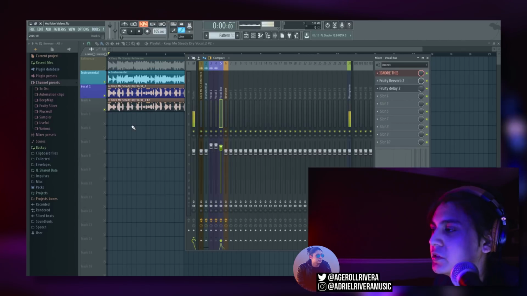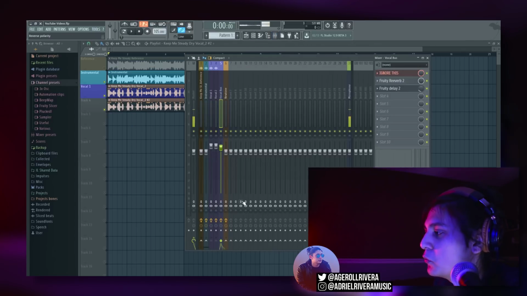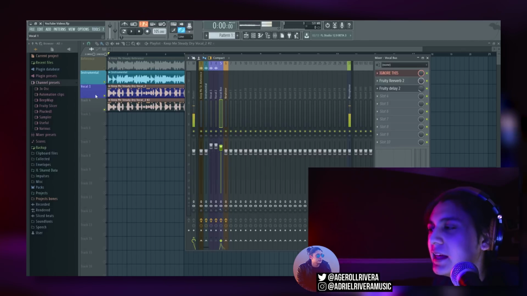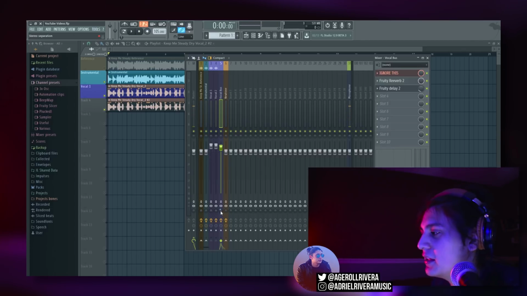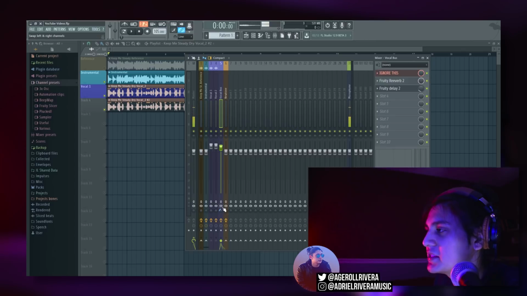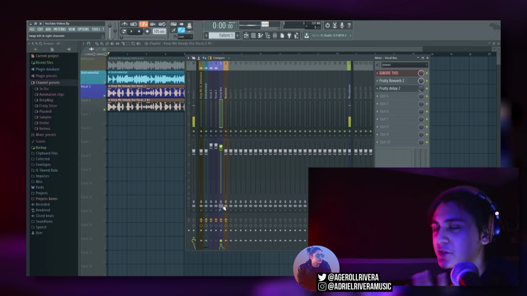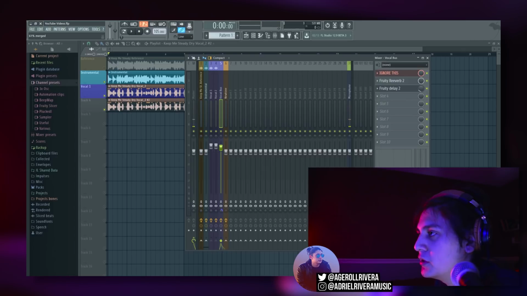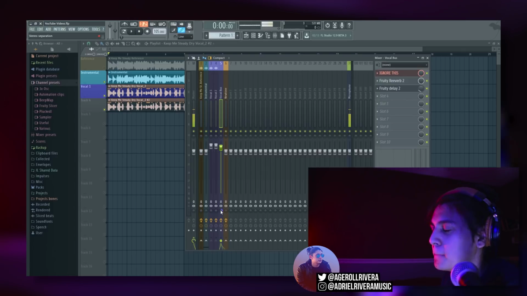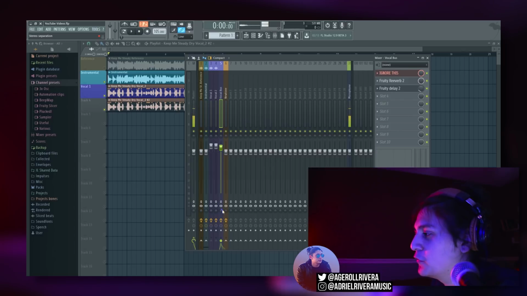Before we finish off this tutorial, I want to show you one more thing, which is the stereo separation knob down here. Basically with vocals, a lot of the time you want to have it more stereoized, and basically what this means is that the more stereo separation you add to something, the wider it sounds in headphones or speakers, and the more mono or merged you make it, the more in front of you it sounds. So with vocals, I like to have it separated, not too much, because obviously too much with anything